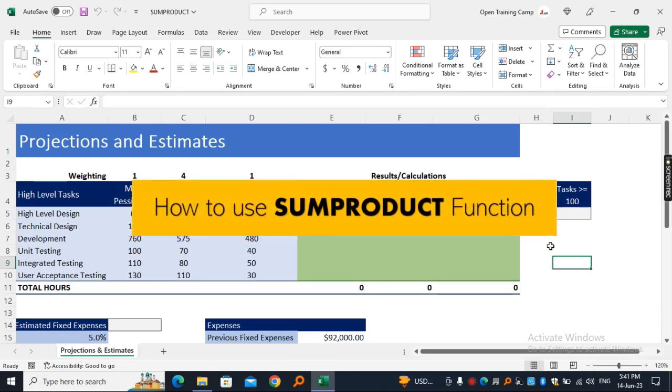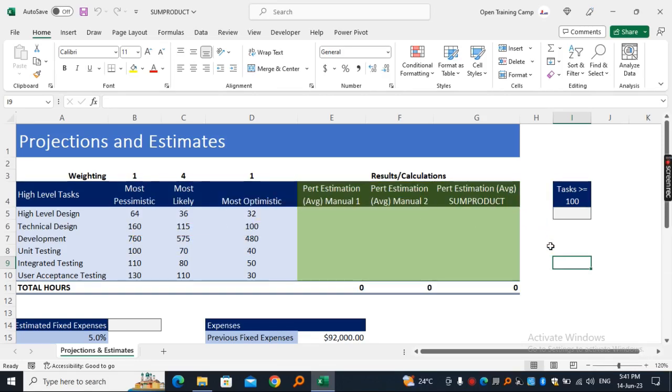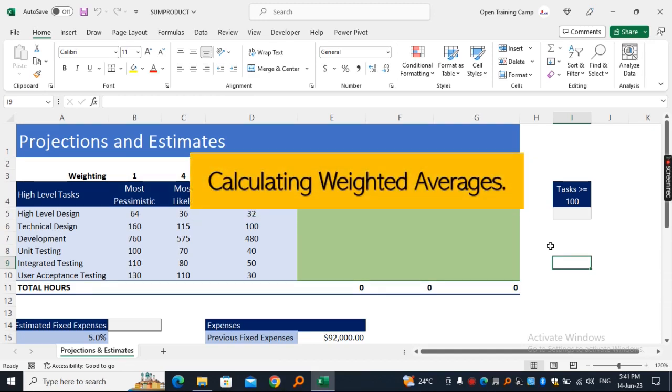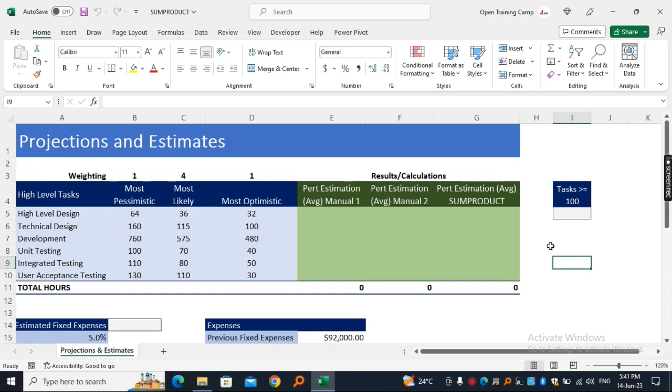The SUMPRODUCT function in Excel can be used in so many different situations. The most common scenario is calculating weighted averages. Before we work out a practical example on how SUMPRODUCT works, let us first understand this